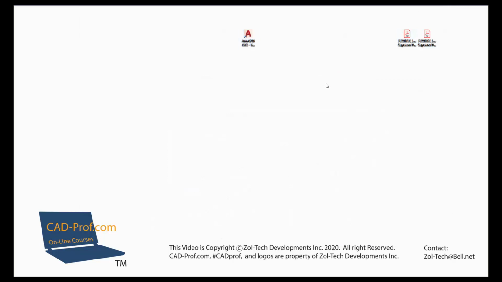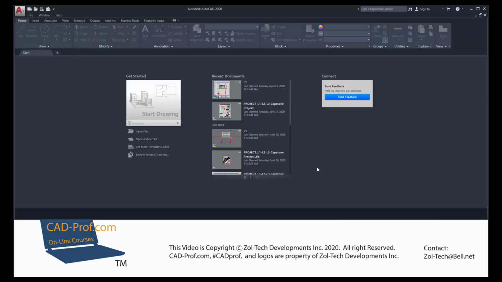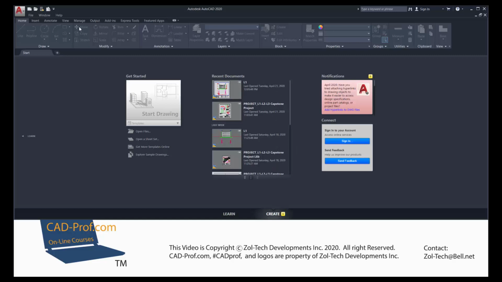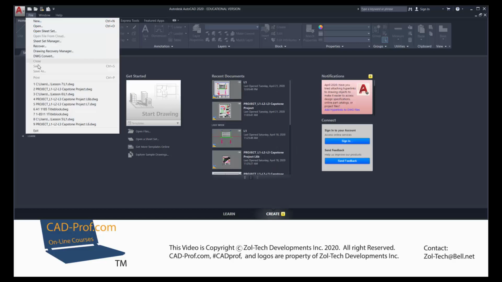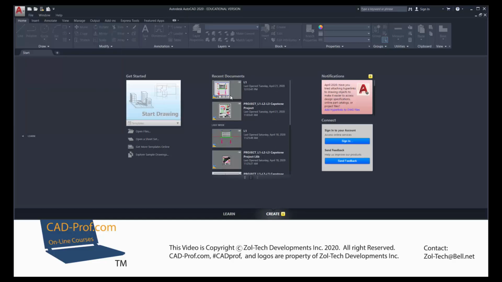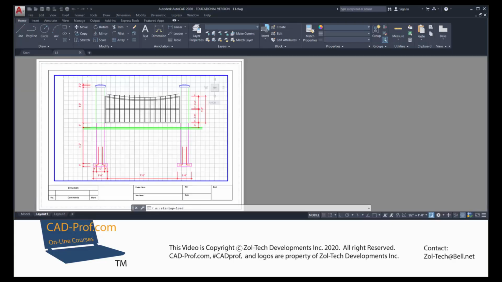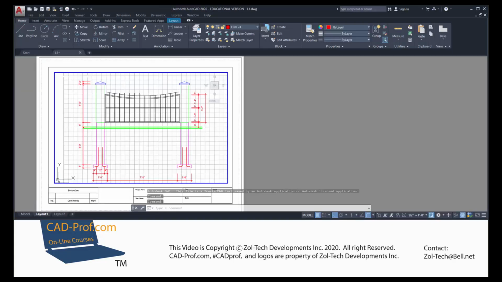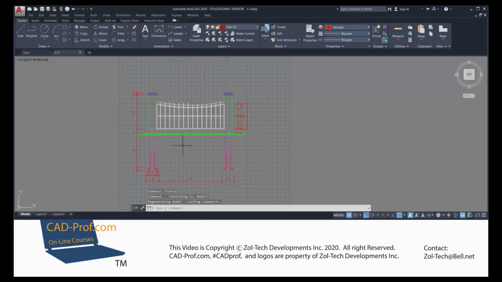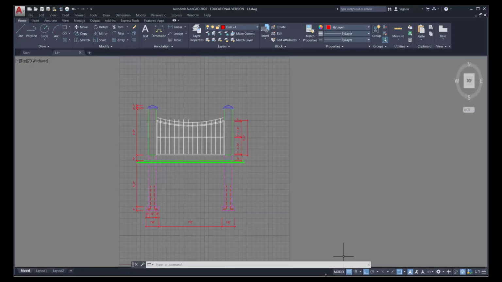I'm going to launch CAD. Last day we left off with lesson 7. So I'm going to go into lesson 7 L1. It's already listed here on my window. And you'll notice I didn't quite finish off last day. The pickets that we were working on, the right half was already stretched down and the left half we hadn't completed. Let me just open up to full screen, maximize my view area,